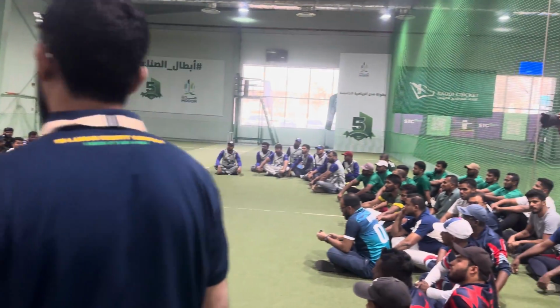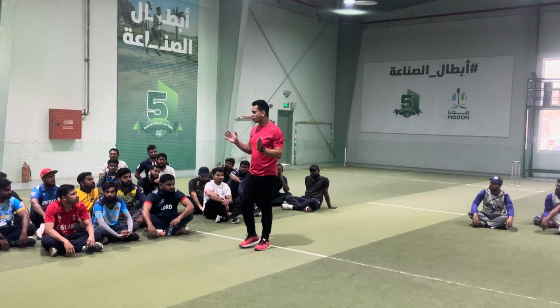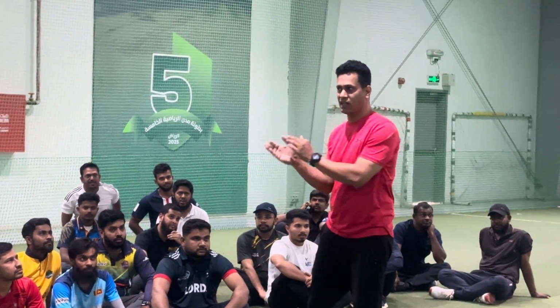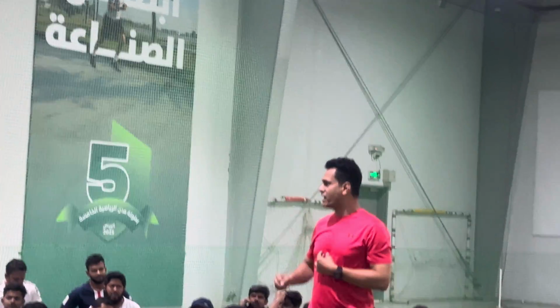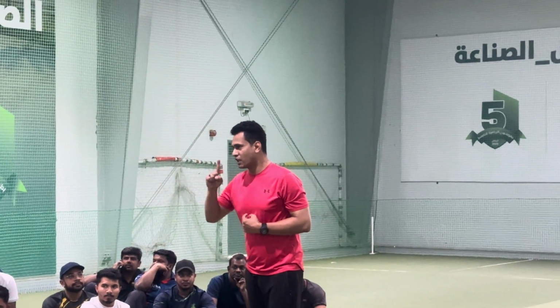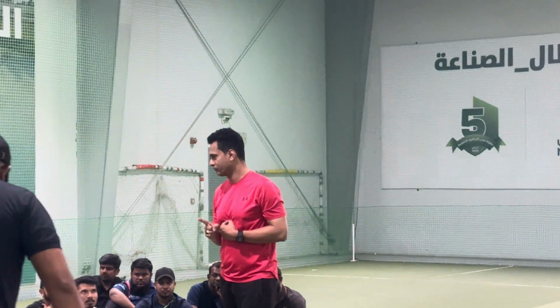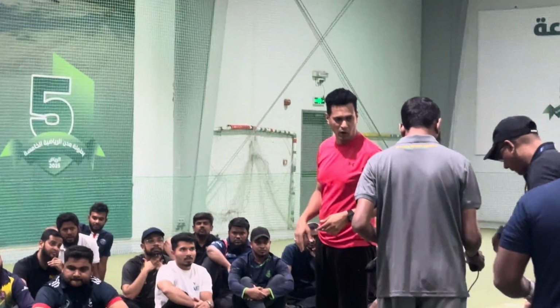To start with, each team will have 8 players. Inning to inning, 8 overs. One inning and second inning also will be 8 overs. All the 8 players will bowl, all the 8 players will bat. One player is allowed to bowl 1 over only. It's not like 2 overs for one bowler.